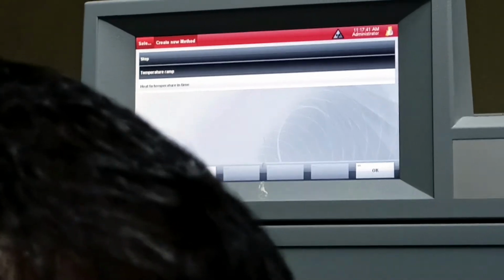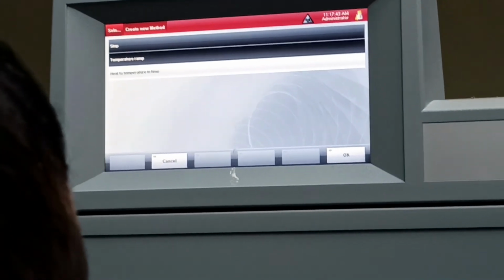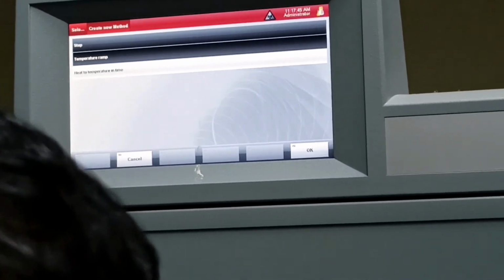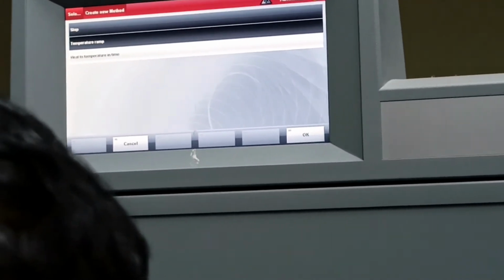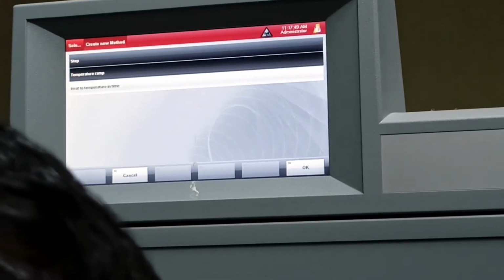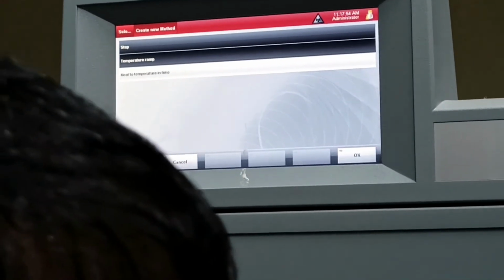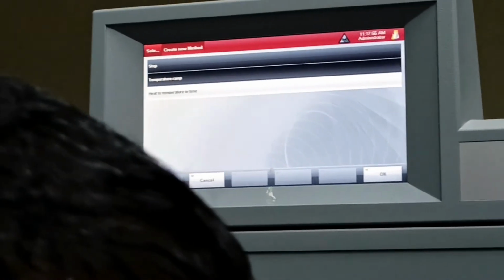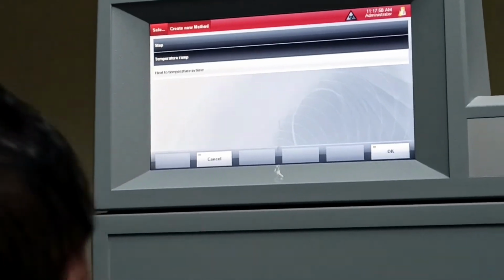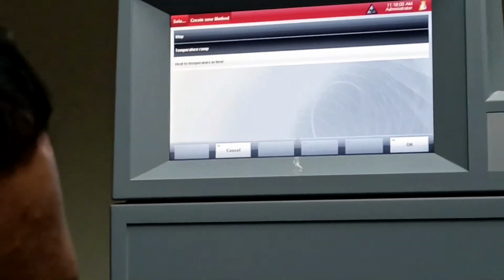Second is heat to temperature in time. Suppose you put the temperature as 150 degrees centigrade and within 15 minutes of time, the instrument will go to 150 degrees centigrade within 15 minutes. Any of these can be selected.